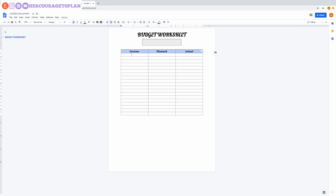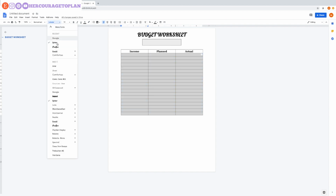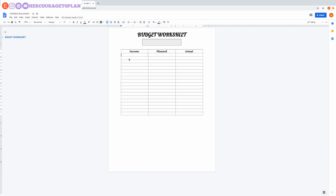Now after I have changed the font size in this first column, I want to go back and highlight these rows again, and change this from Lobster to Georgia, so that everything that is put in here will be Georgia. So I go back up under income, and let's start off with paycheck 1, and then under that we'll have paycheck 2, and then we'll have other for other income,